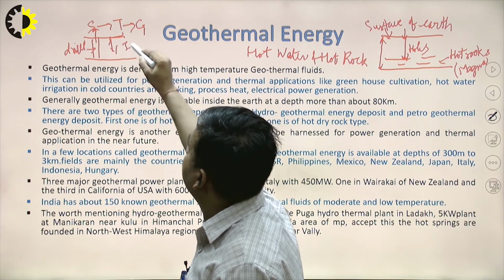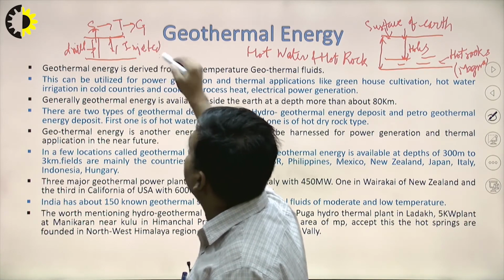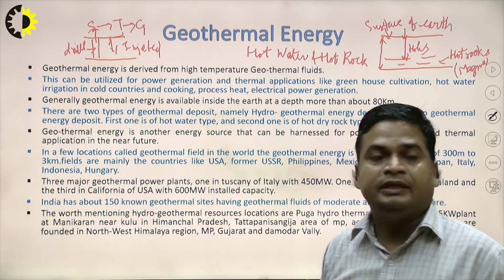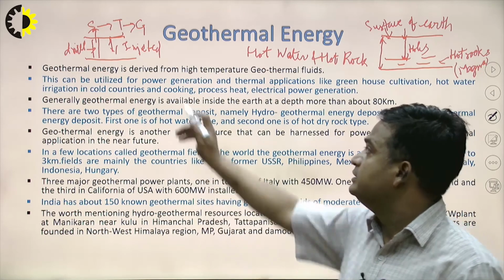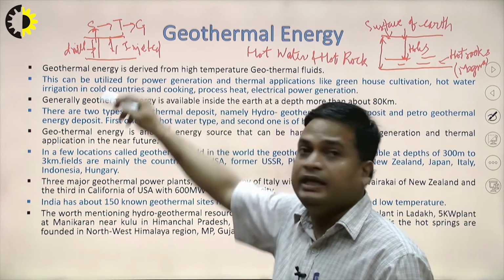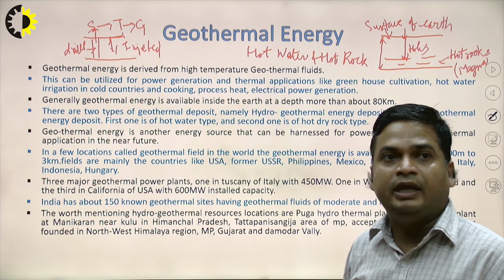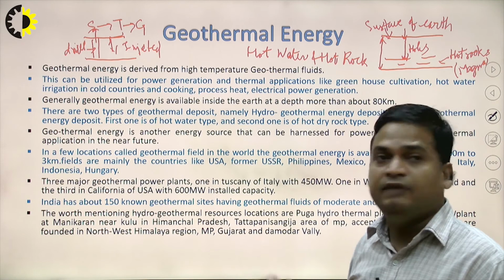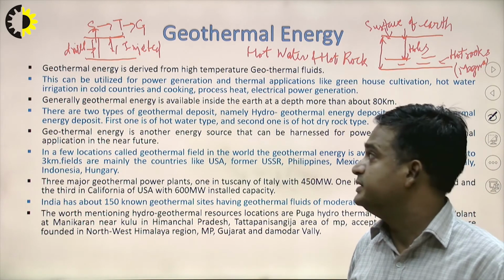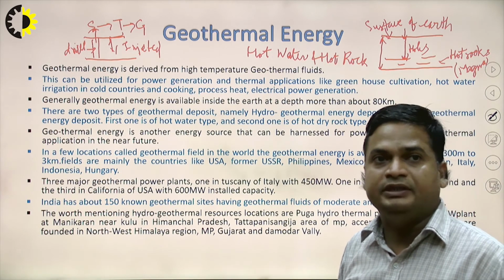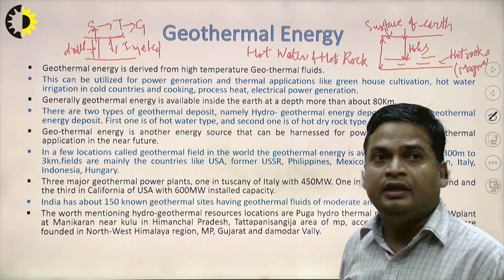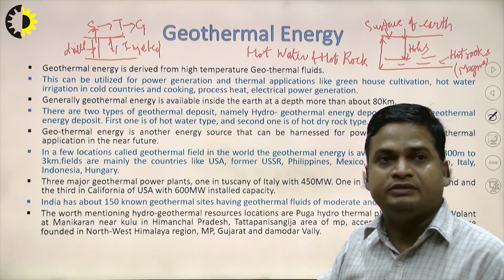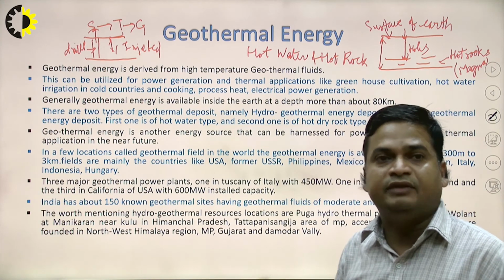Then this water is again injected inside the surface of the earth. That water in liquid form is injected through this, and it again takes the energy from the hot rock, and the temperature of this water increases again, and we can again utilize this for some commercial purposes. But in other types of energy, like solar energy resources, the water is recirculated through the pump, and is not injected inside the earth. So this is the difference.